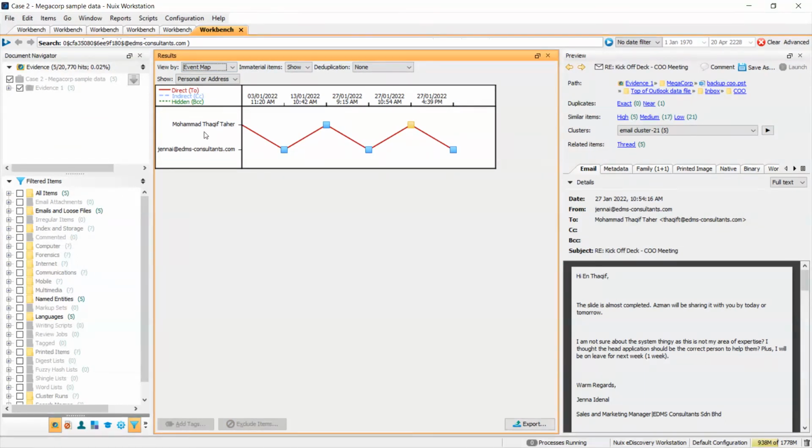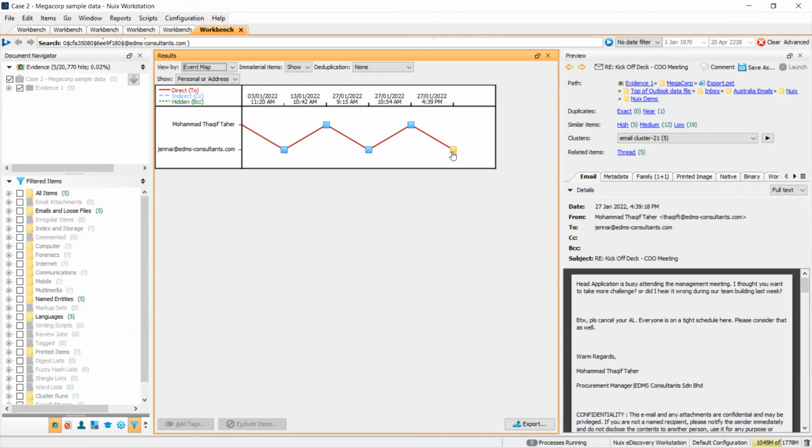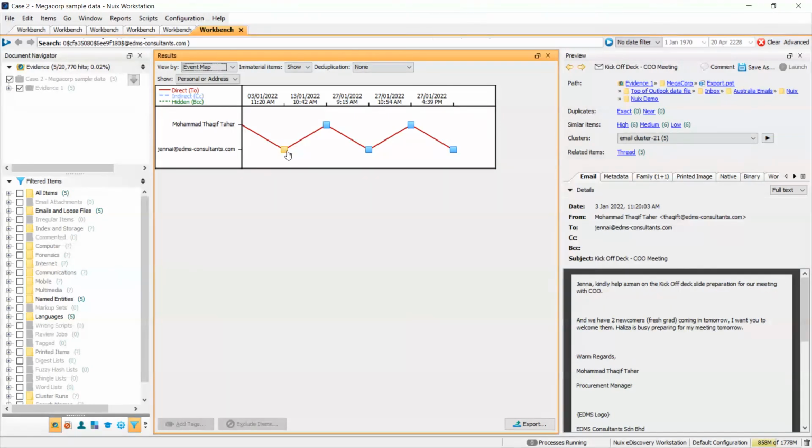Then you can see that there's a series of conversation between Takif and Jenna. This is the email that we were looking at just now, which is the very last email of this conversation. So this event map is related to this particular conversation. We might want to start our investigation from the first dot. From this email we can understand that Takif is asking Jenna to help Asman on